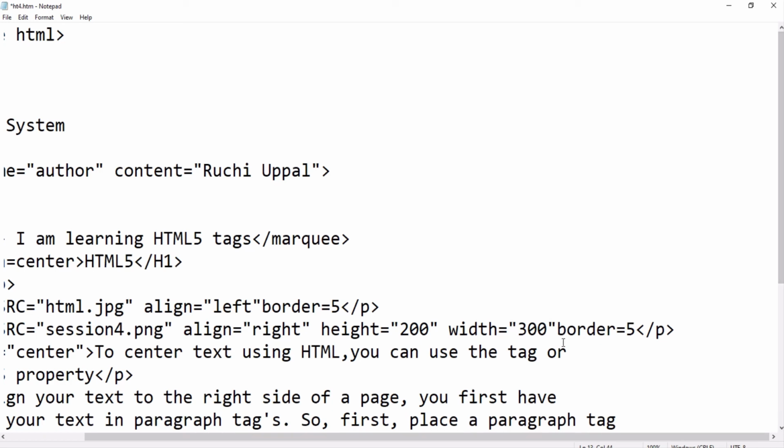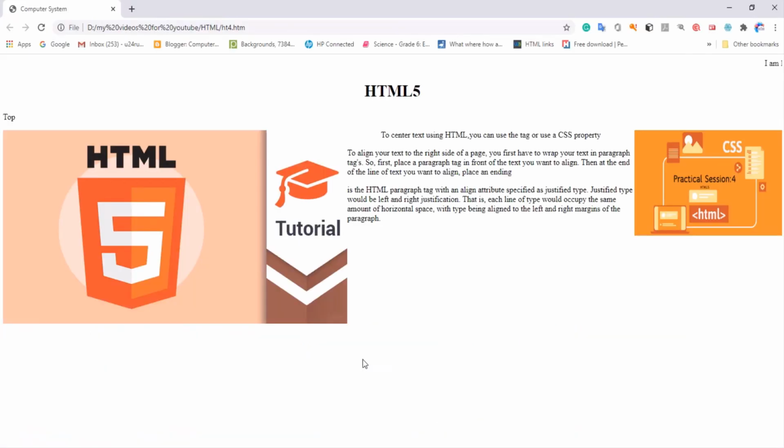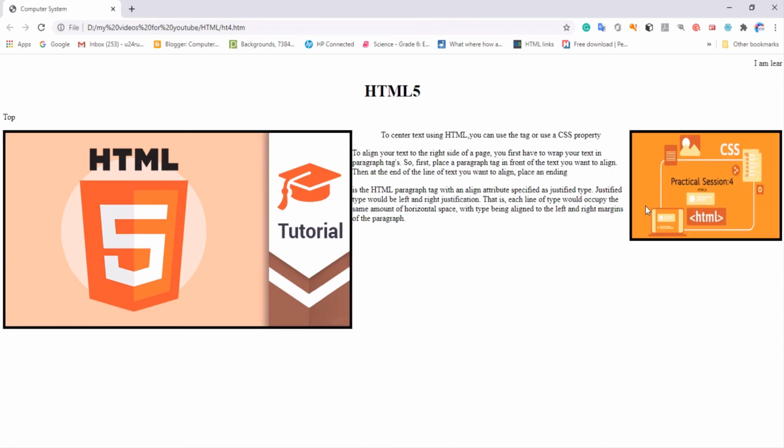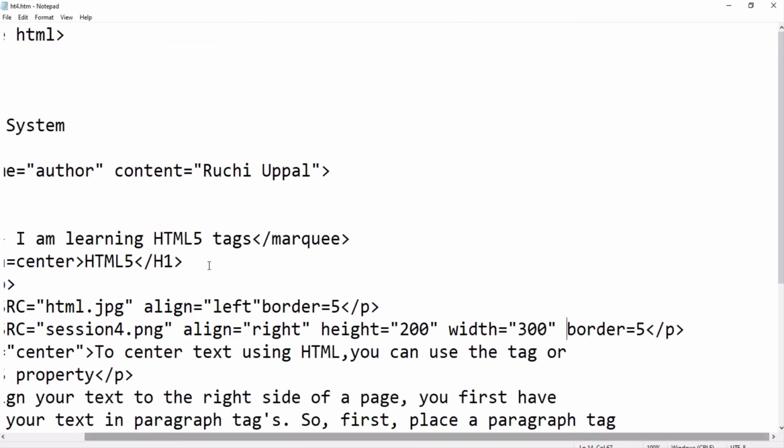Fine, so let's check the output again here. What output is coming? Okay, fine, let me refresh. Oh great, it is looking quite good. So you can see here the border is coming here. Let me change the size of this HTML also, this one also.